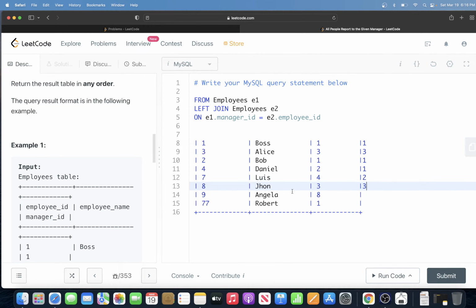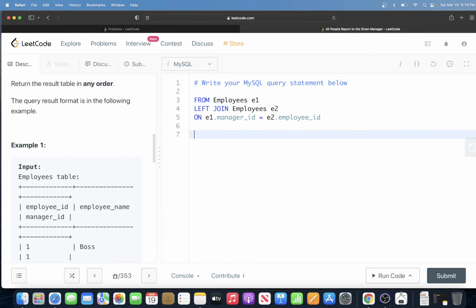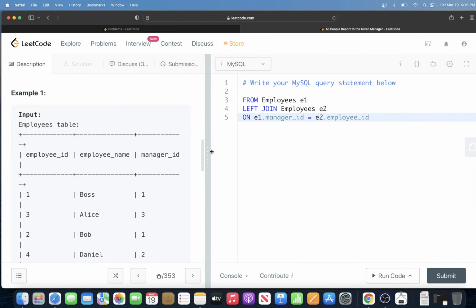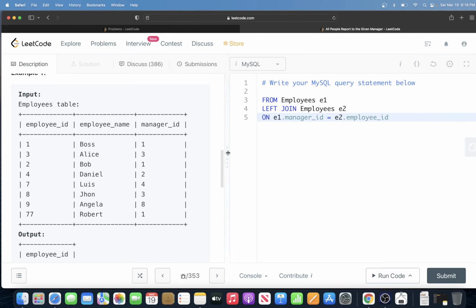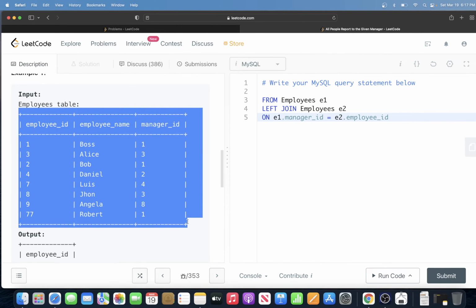For 8 the manager ID is 3, right? And then for 1 the manager ID is 1. So now this is E2. Let me just copy this so that I can show you guys what is being done at this point of